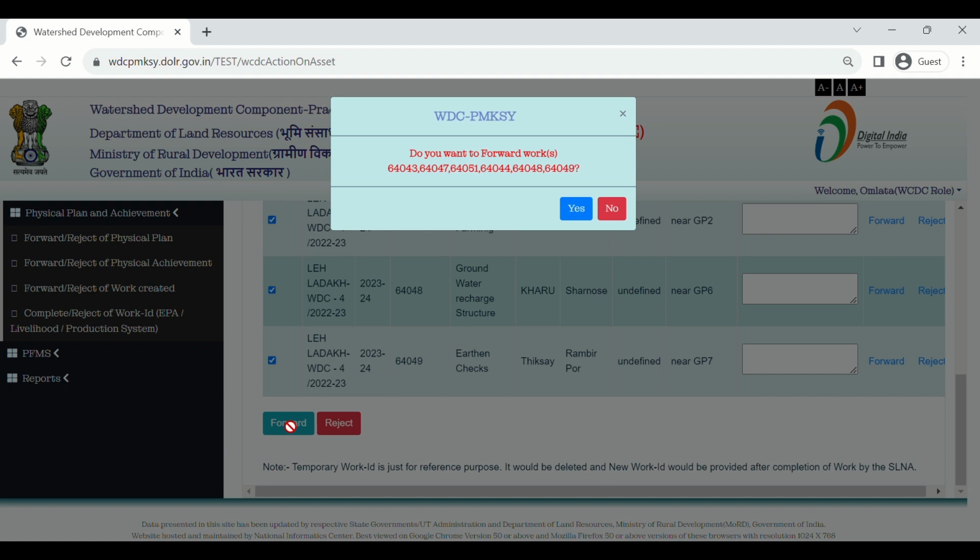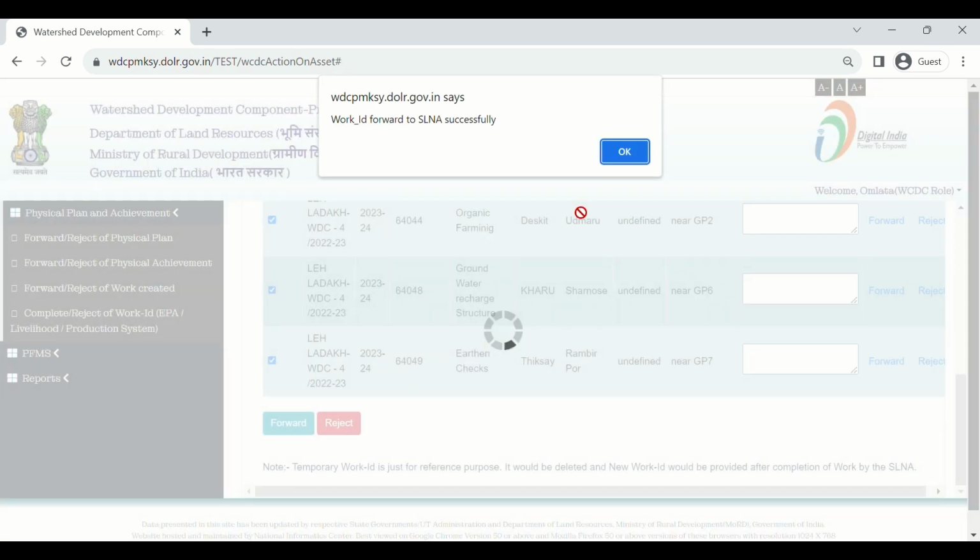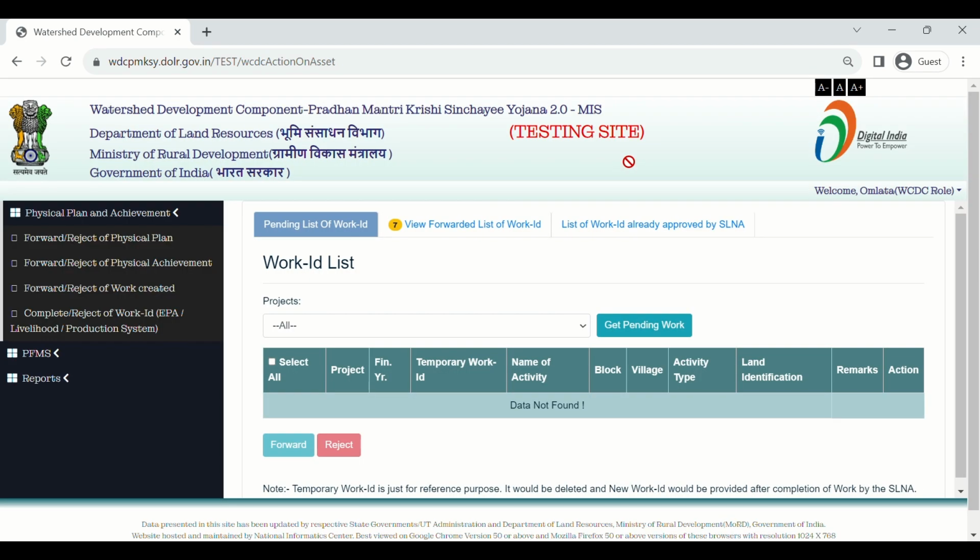After clicking the forward button, you find a message, do you want to forward works? Works are given with their work ID, and click on OK. After that you find a message, work ID forwarded to SLNA successfully, then click on OK. Now your work has been forwarded to your SLNA user.